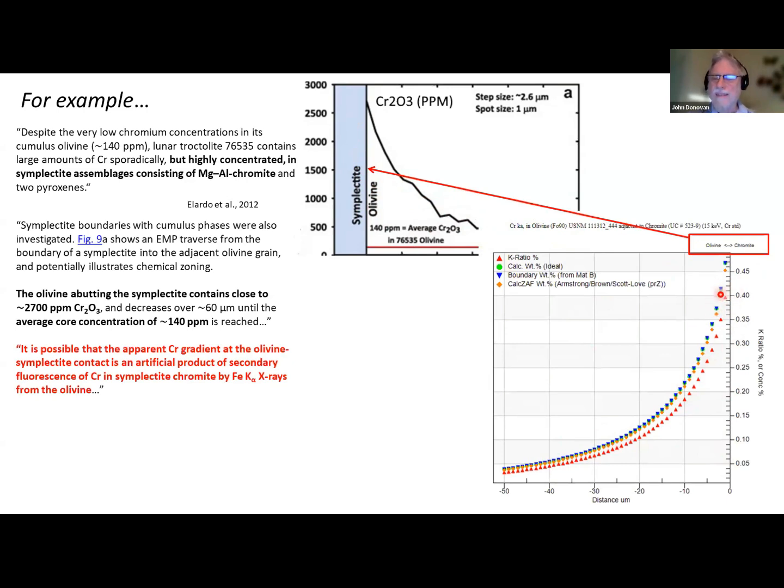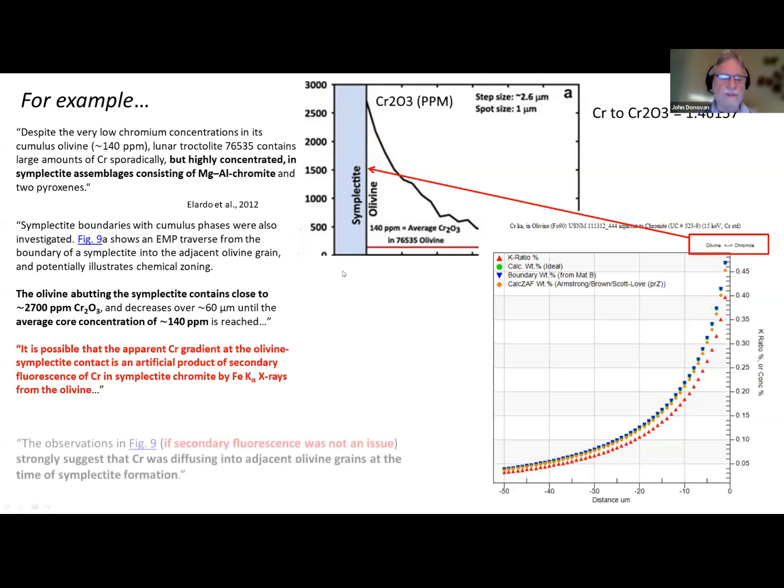And notice this is the elemental concentration here, and he was reporting oxide. And of course, if you look at the conversion, this number will be even larger. Now, this is not a pure chromite phase here. This is a mixture of pyroxenes and chromite, so it's not as large. But if you actually run the numbers,